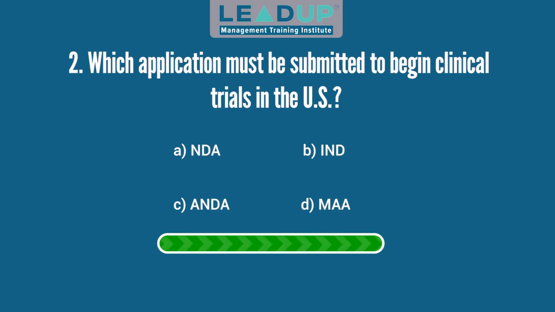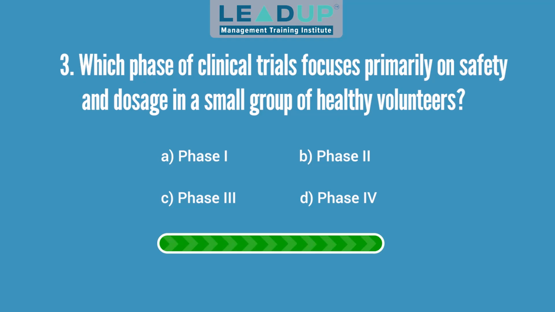Question 2. Which application must be submitted to begin clinical trials in the US? A. NDA, B. IND, C. ANDA, and D. MAA. Answer. IND. Question 3. Which phase of clinical trials focuses primarily on safety and dosage in a small group of